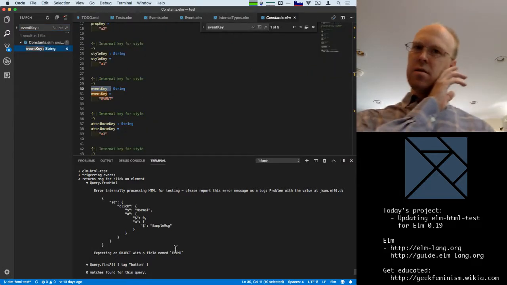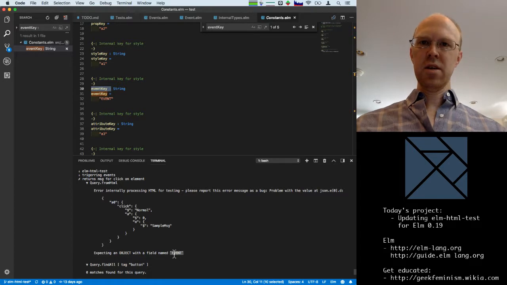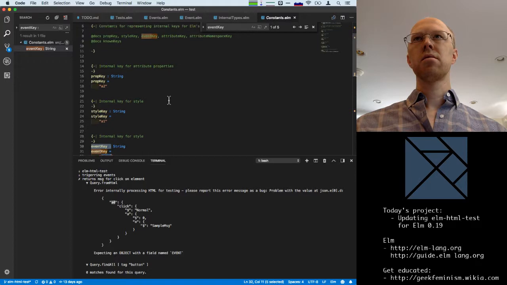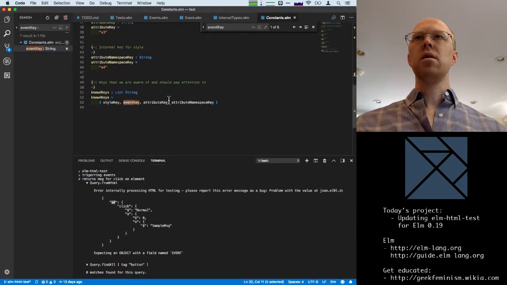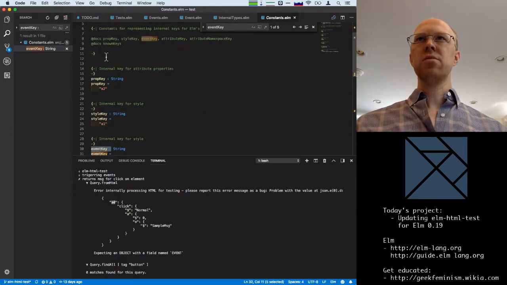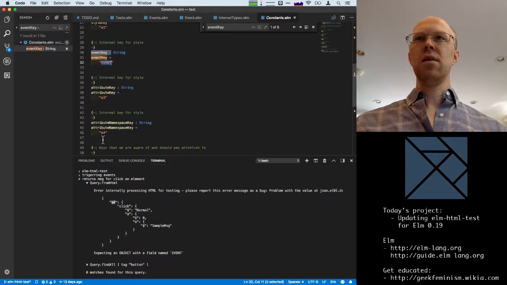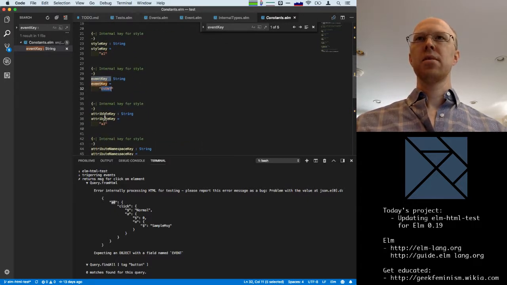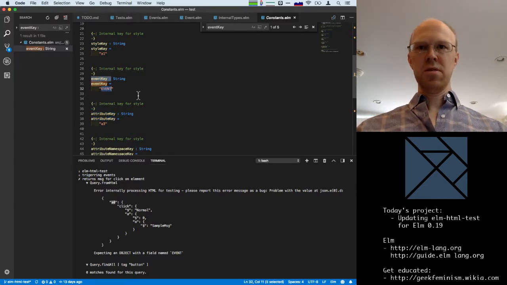Oh, I see. Right. Event key is this string named event. Okay. So it looks like this is A0 then. Interesting. Okay, and that's the one that we are missing from here, because we've got A1, A2, A3, A4. Okay, so these are all things that we've filled in previously.